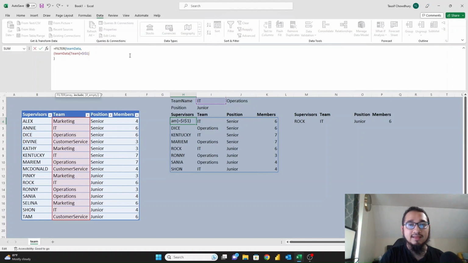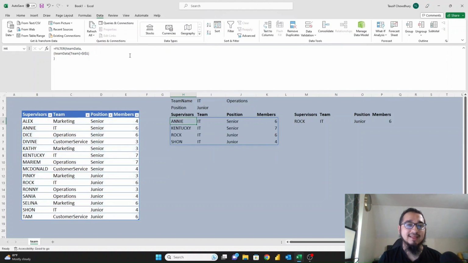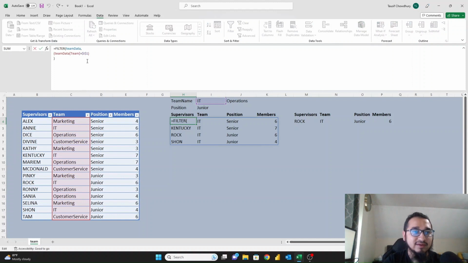Okay, maybe IT members. So these are the IT members with everyone. So here we know that the team member is IT, so we don't need this column anymore. How can you choose whatever column you need? You can wrap this filter function with